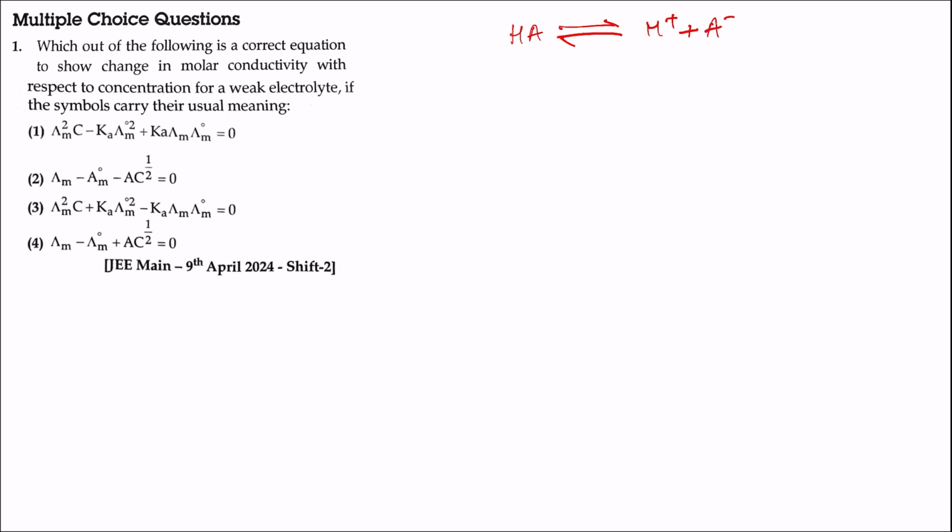If the initial concentration is 1 M, then initially the concentration of HA in aqueous solution is 1 M, and H plus ion is 0 and A minus ion is 0. If the degree of dissociation is alpha, then out of 1, alpha moles dissociate, and alpha moles of H plus ion and alpha moles of A minus ions form. Now when the concentration is C moles per liter, then all the values get multiplied by C. Therefore C into 1 minus alpha, C alpha, C alpha.